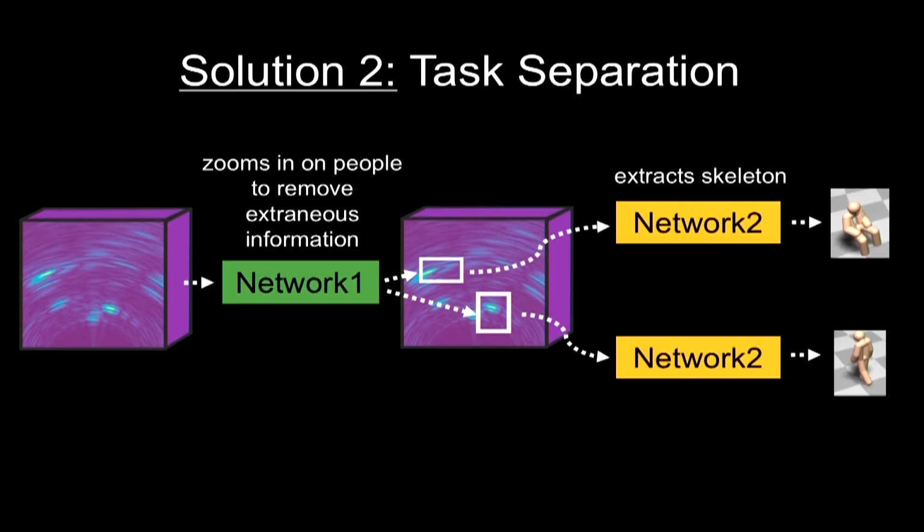Interestingly, by zooming into the regions that have people, our model eliminates all the extraneous information from the environment. Also, by presenting the second neural network a single box at a time, it just needs to estimate the skeleton of a single person. It doesn't need to understand how many people there are and how they are with respect to each other. With this task separation, our system becomes much easier to train, to scale, and to generalize. So now I have to tell you the design of our neural networks. The last thing we need to do is actually to train it.